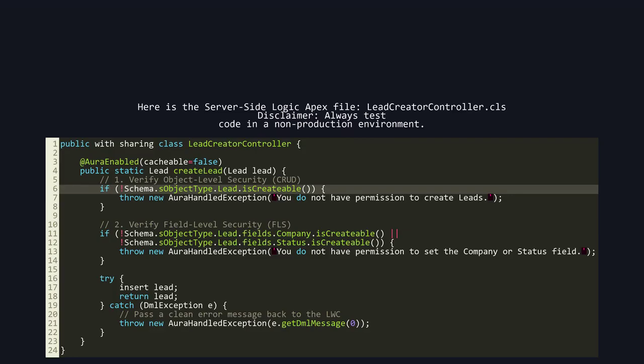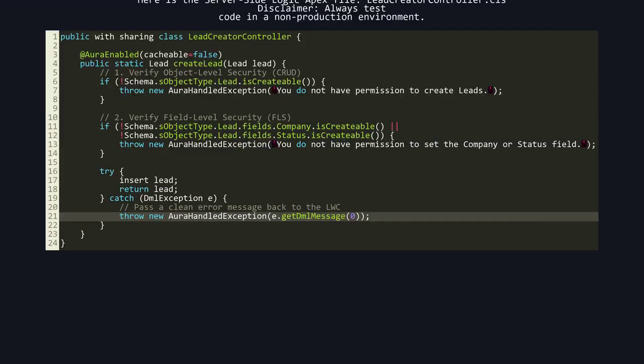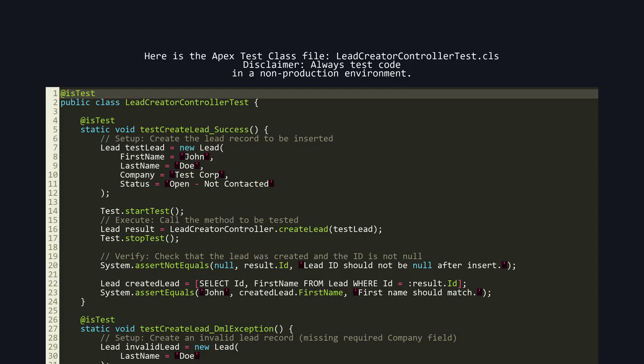Unlike LDS, Apex does not respect CRUD or FLS by default. We must manually check if the user has permission to create a lead record before proceeding. When a security check fails or a DML error occurs, we throw an aura-handled exception. This is the correct exception type to use to send a clean, user-friendly error message back to the LWC's catch block. Here is the Apex test class file,